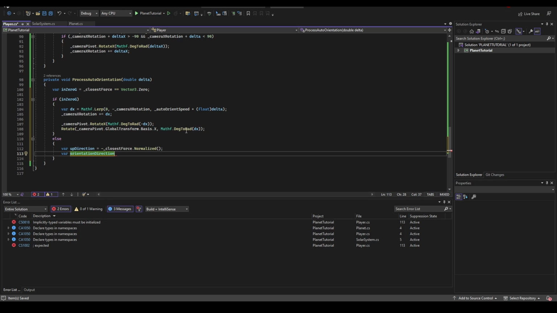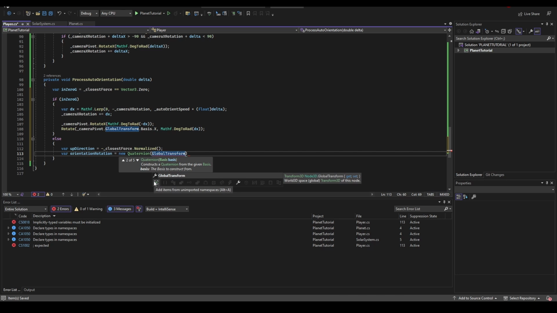Now, I suppose this should be like orientation rotation. This is going to be what our player's rotation should be in order to have their up direction be up. So to do that, we're going to get a new quaternion. And if you give a quaternion two vectors, that should be global transform,